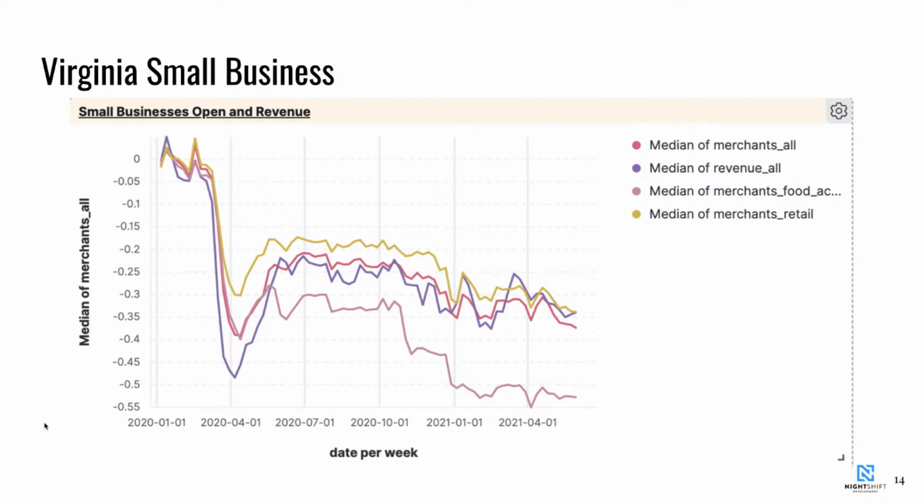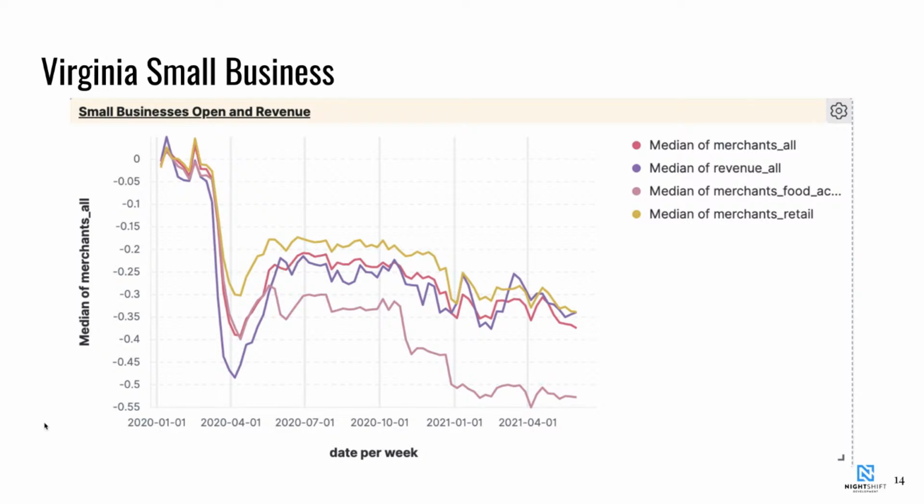Same view again. I wanted to talk for a minute about small business. So I live in Virginia. And so Virginia was of particular interest, but one of the things I am trying to get across in this presentation is that the value of the data is that we can really zoom in on a close level and see things that impact your specific scenario. So I looked at this in addition to the state level, I looked at this at the county level. The county level, it gets a little bit harder to look at some of this data just because it's not as well recorded. This data is coming from Track the Recovery, which is a great